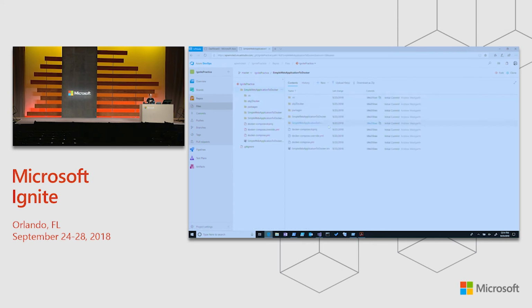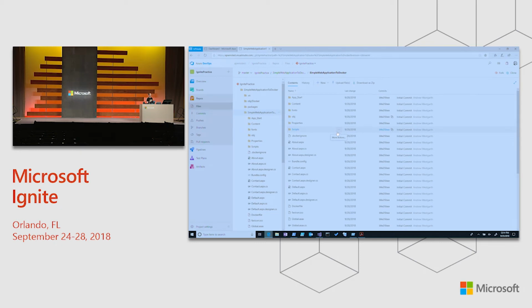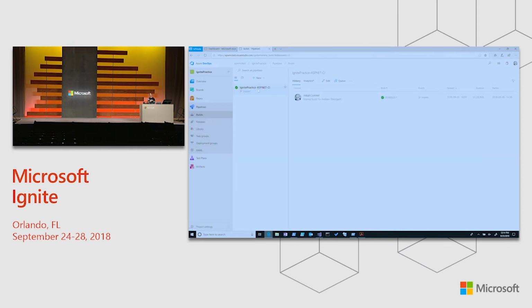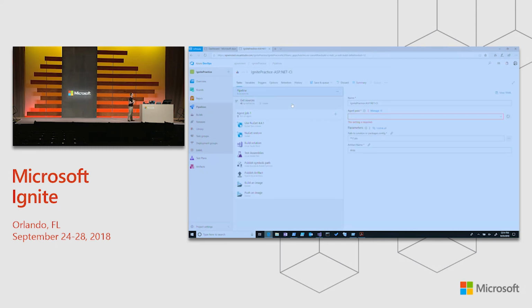I'm going to dive out. So this is one of my Azure DevOps projects. Yep, I have been practicing. In here I have a repo, and it's just a simple web application for Docker. Here you can see the code in my repo, simple web app tests. All it is is another hello world site. And what I've done here is I've committed my source code up into Azure DevOps to my repo, and then I built a pipeline. So if we edit the build here,